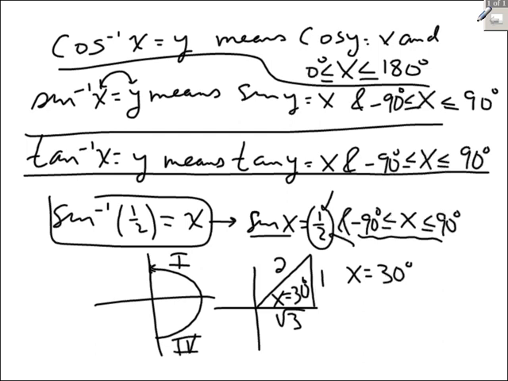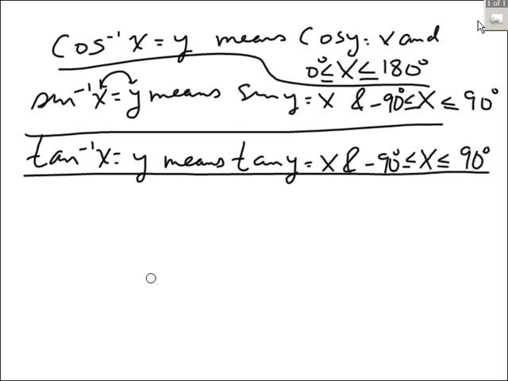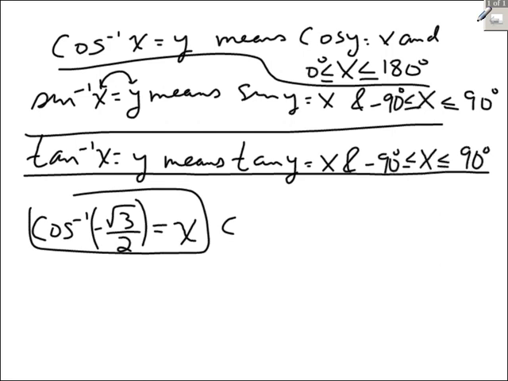So let's try another one. I'm going to keep erasing the work, that way I have the formulas in front of me, and so do you. If you are asked to find the cosine inverse of the square root of 3 over 2, but negative, okay, find out what that is. Well, I would call it x. Well, this here means the cosine of x is negative square root of 3 over 2,